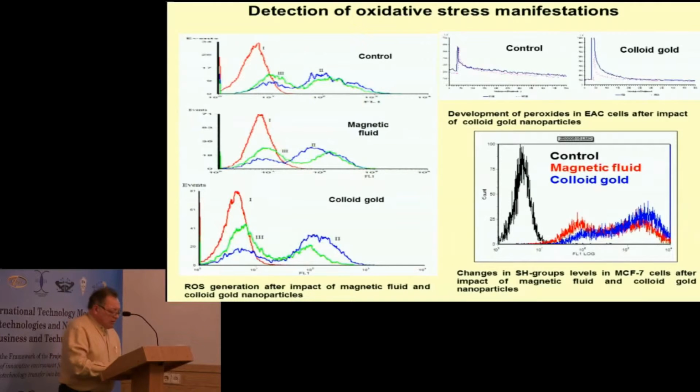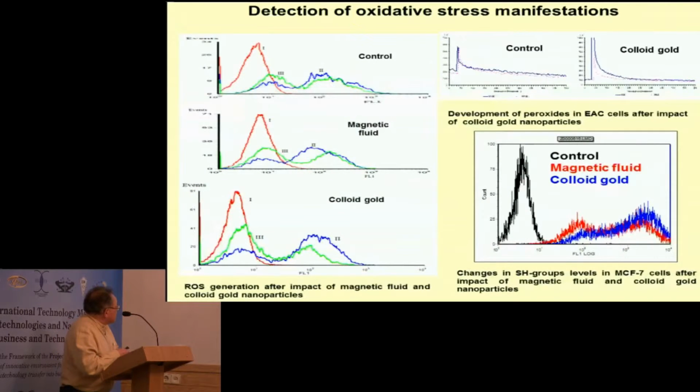When nanoparticles penetrate inside the cell, especially metal-containing nanoparticles, in one way or another they impact the pro-oxidant or antioxidant balance. We suggested studying the number of oxidation peroxide compounds using the chemiluminescence method, and